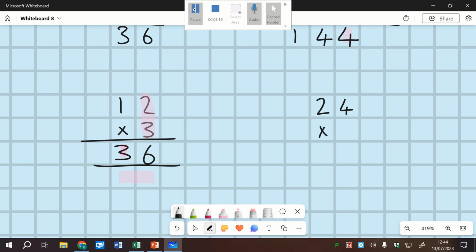Okay, so let's do the other one. 24 times 6. So this is called short multiplication, and the method above is long multiplication. Same thing as before. 6 times 4 is 24, but now our units go in here, but our tens are very small and written up on there, and they're going to be added up to the next one. So the next one is 6 times 2 in the tens column. So 6 times 2 is 12, plus this 2 that we've already got there is going to make 14. Okay, so